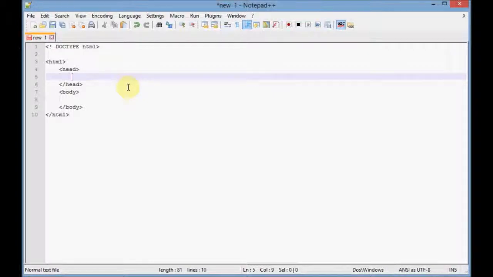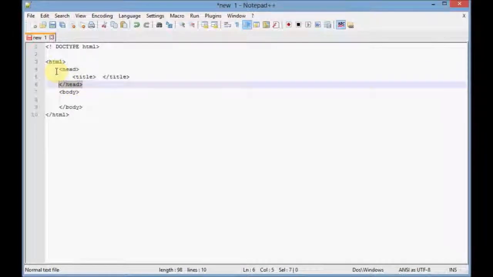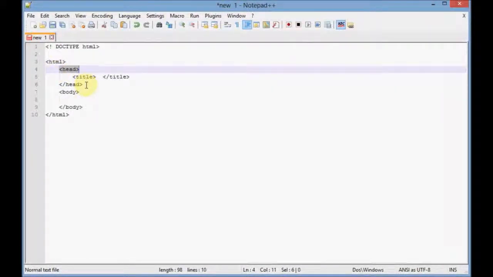So let's now define title for our web page. To do so, we need to have a title tag, and you can have it this way. Leave some space, and we need to close it as usual like this. Now the noteworthy point here is I have closed this tag on the same line, but I haven't done so with this head tag. I have an opening head tag on a different line, and a closing head tag on a different line. If I would have done